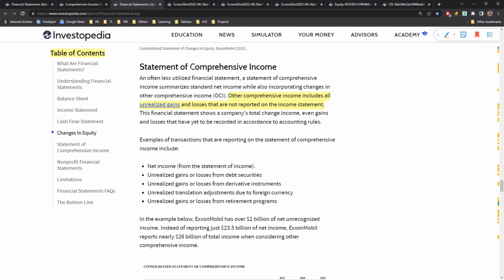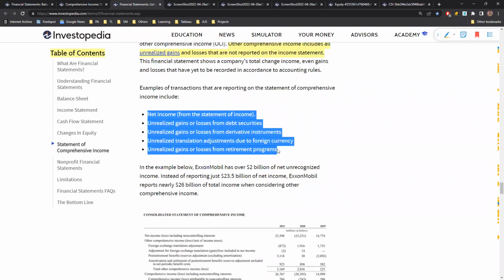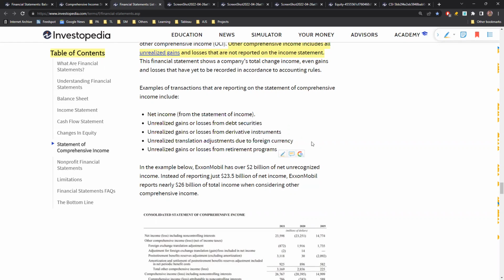So that is the idea of the statement of comprehensive income. For example, these are some of the examples for this particular company, or just general examples, but it can vary from company to company. Here the first item is net income from the income statement, which we are all familiar with,